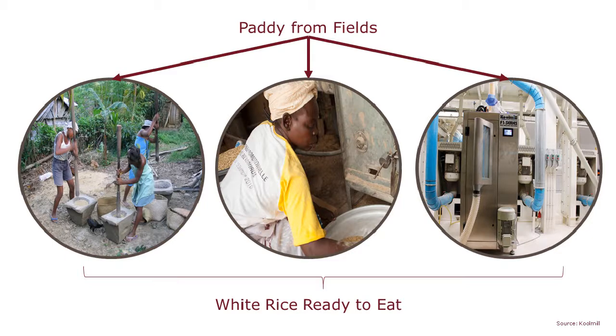We have created a modern, ultra-low power, simplified and sustainable approach to cereal milling. The machine on the right is the Koolmill machine. And as you can see here, there are 3 different ways that rice can be and still is processed today all around the world. So on the left, you can see hand pounding, which still happens in places in Africa and particularly in Malawi. And so women can spend 6 hours a day hand pounding rice. So they're essentially smashing the paddy, the husk, into white rice, which is what we eat.